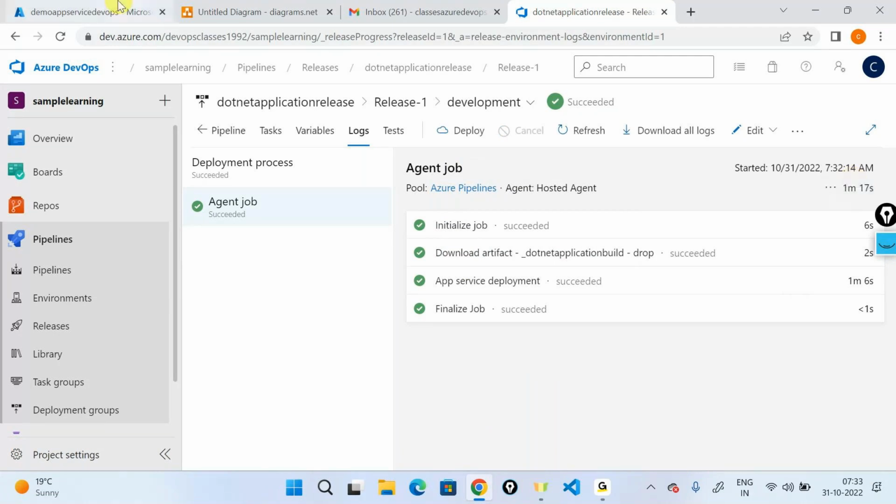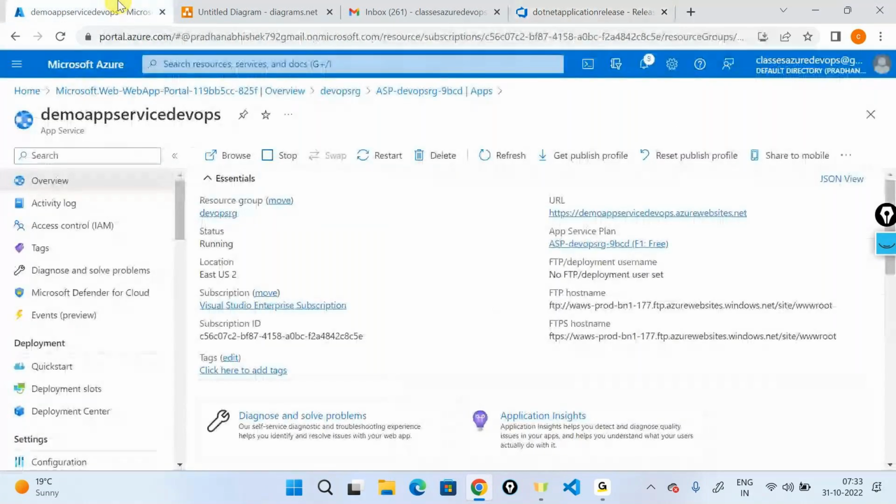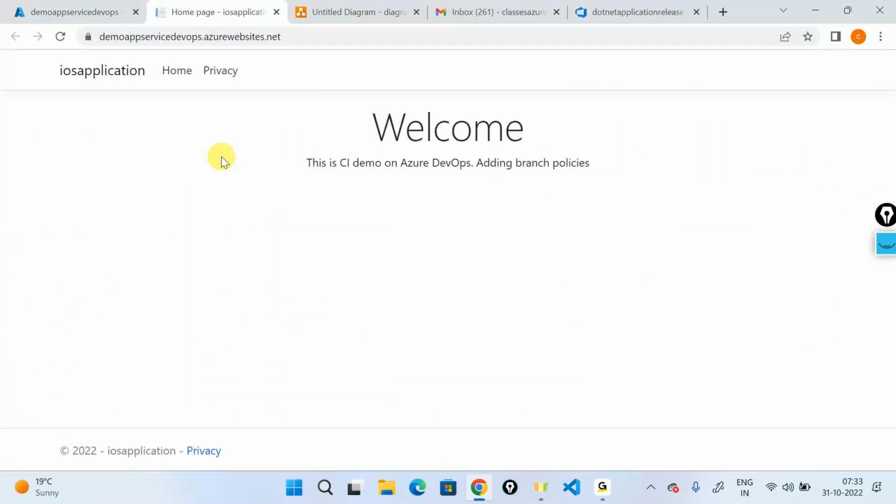I'll go back into my Azure App Service and say browse. Let's wait for a minute and see what kind of code we have. It shows iOS application, home, privacy, welcome page, and it says, okay, fine, this is the CI demo, and so on. Same code, same changes that I edited in my repository out here. So yes,